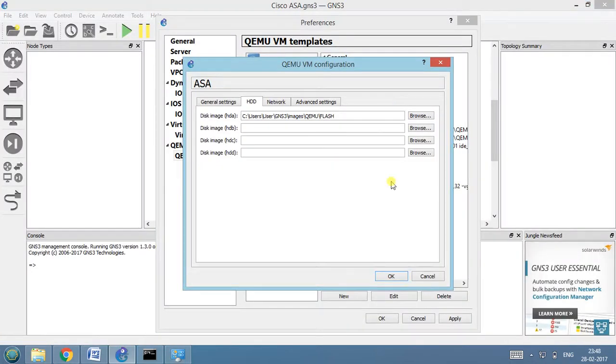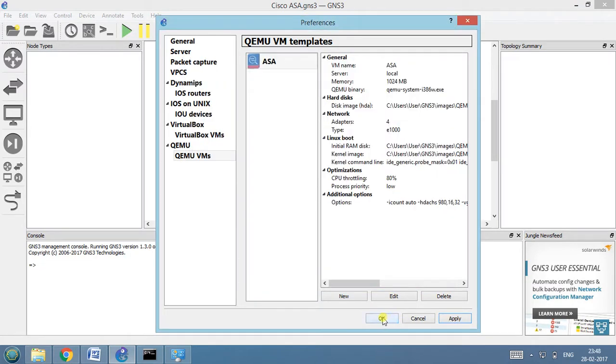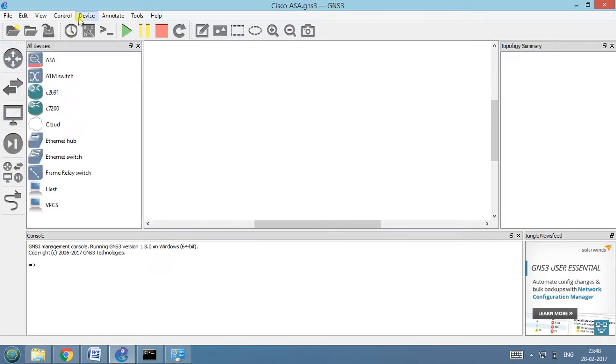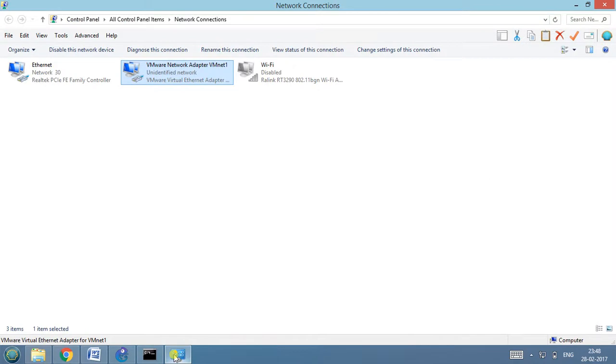So I have configured this adapter and we will use it later on. So let's continue here. Flash is copied, click on yes, then apply, then click OK. So see if our ASA is ready. Yes, you can use ASA, just drag and drop. Now the important thing is that we need to connect this ASA to our laptop directly. So we have configured an adapter,